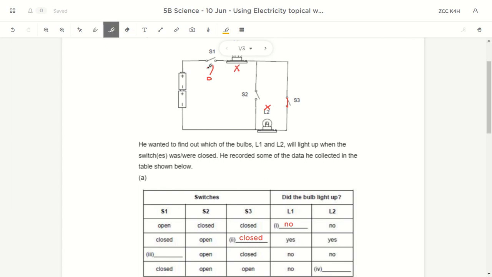We don't know about S1, but we can backtrack from the other side. We know S2 is open, so it won't go up. You realize you can go through this bulb over here and over here. But the fact that both did not light up, because if S1 was closed there would be a closed circuit and it would light up. But the fact that